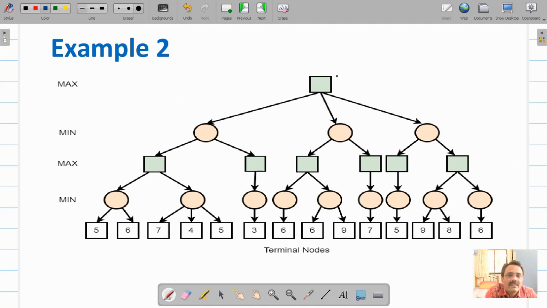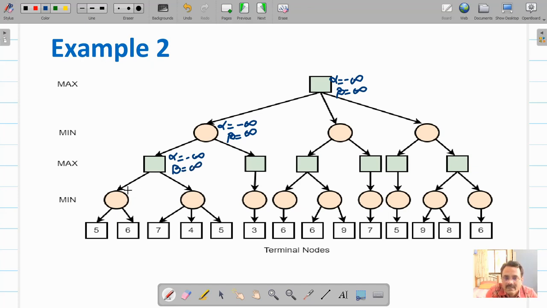So here we will assign alpha is equal to minus infinity, beta is equal to infinity. Then we will visit this node in DFS, alpha is equal to minus infinity, beta is equal to infinity. Come to this node, alpha is equal to minus infinity, beta is equal to infinity.